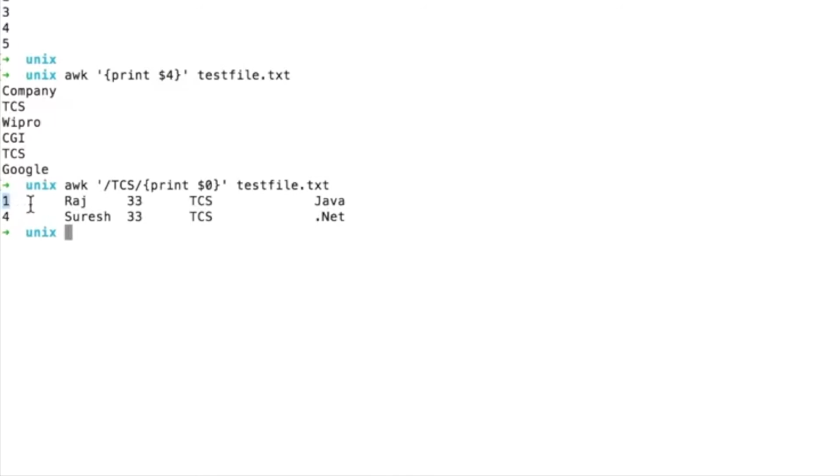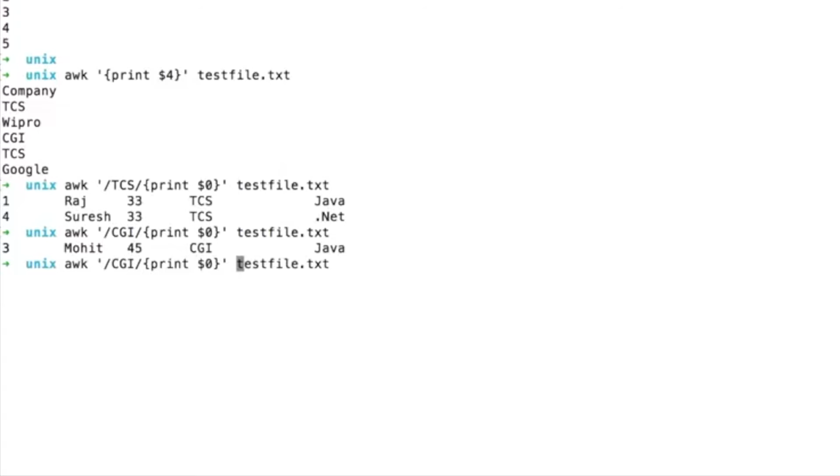If we change the pattern, suppose I want to see the CGI pattern, it will give me one row. So in this way you can enter some pattern, and the awk command will process the file and give the output according to the matched pattern.